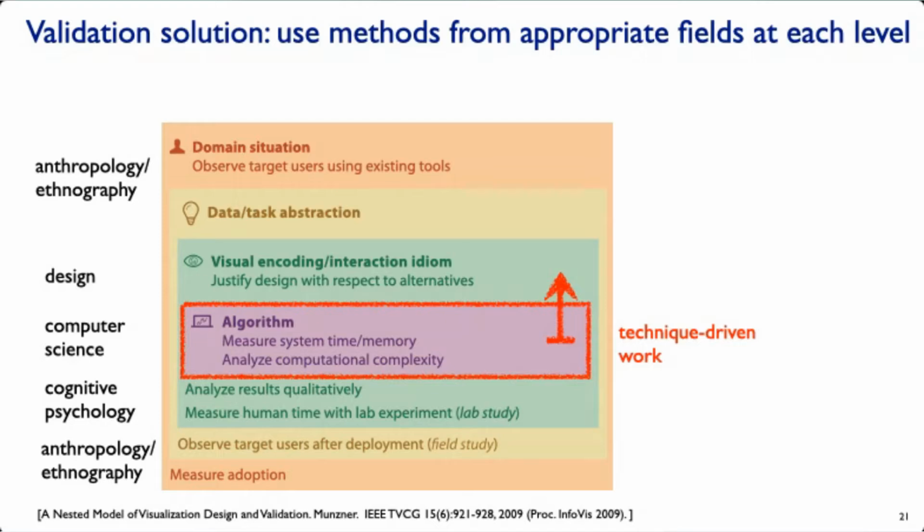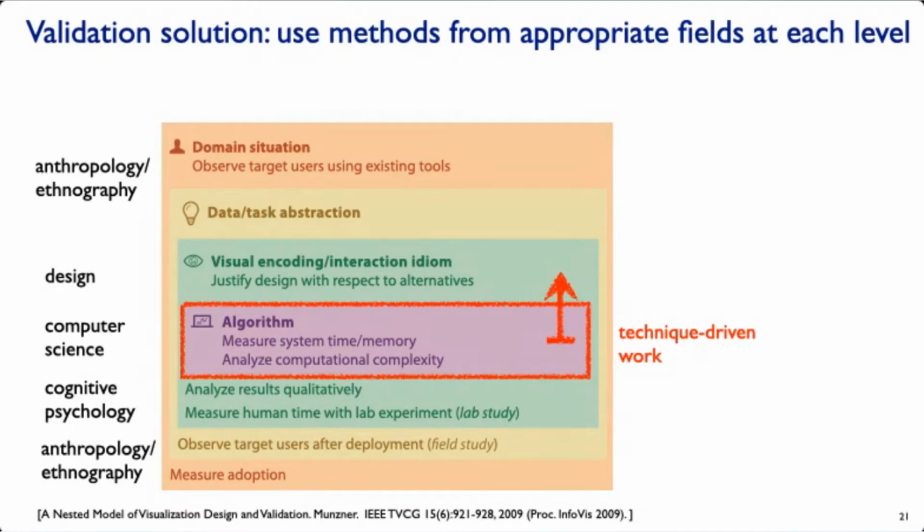And then we can't stop there either because we're not done. We have to grab methods out of the social sciences as opposed to things like cognitive psychology and HCI. The social sciences like anthropology and ethnography are really what we need to mine in order to understand, did we get the abstractions right? So we typically do need to watch people and talk to people. And then it's usually much more reasonable to try to validate with a field study. Where we actually try to see if we give real users these new tools,